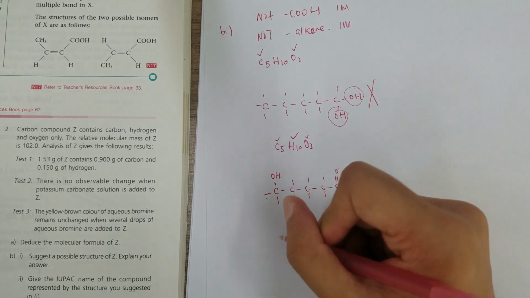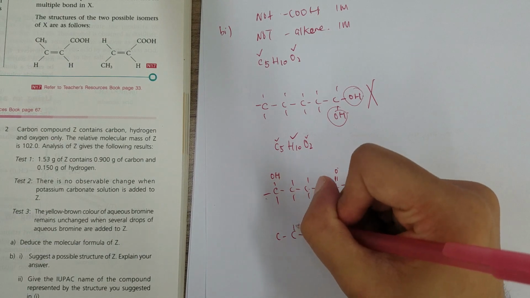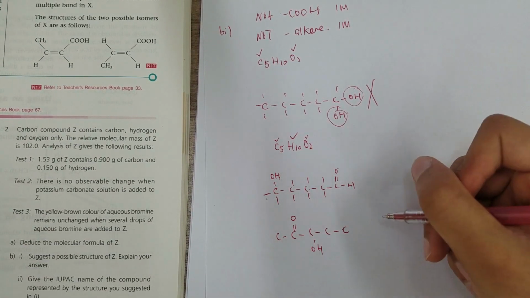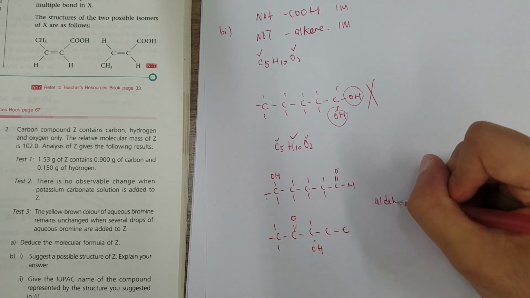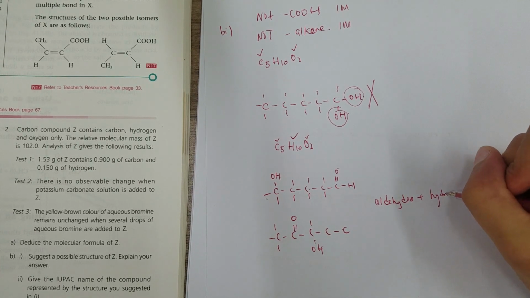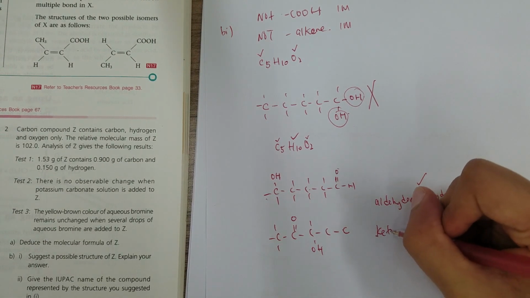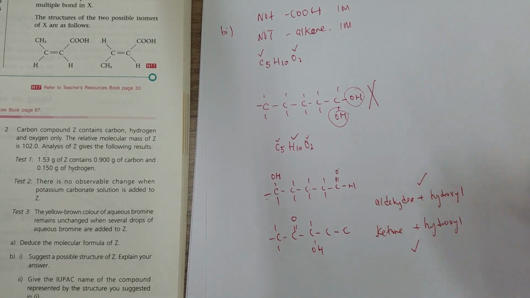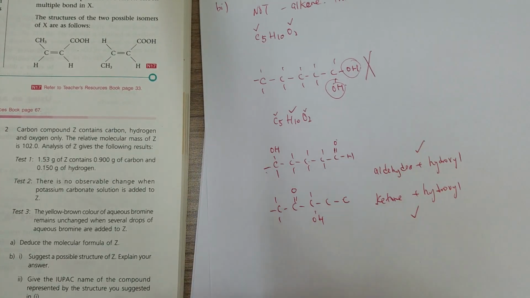It can be aldehyde, or you will notice some of you might have given the answer like this. So it can be ketone. This ketone can be anywhere in the middle, and hydroxyl group. It also is acceptable. So as long as you have aldehyde plus hydroxyl group, you are correct. Or ketone plus hydroxyl group, it is also correct. So as long as you got these 2 and you gotta make it like that, you're correct. So give your